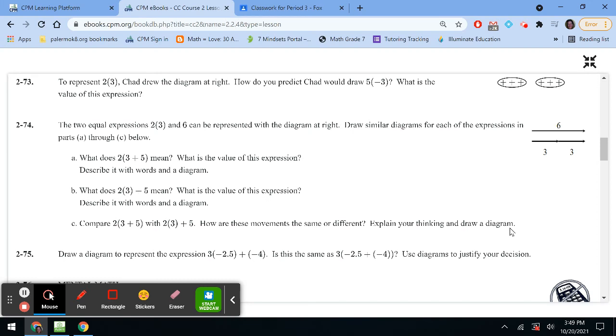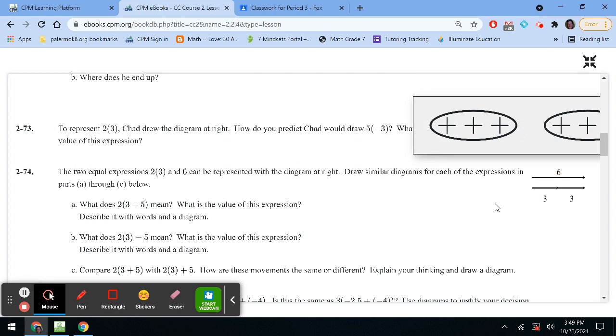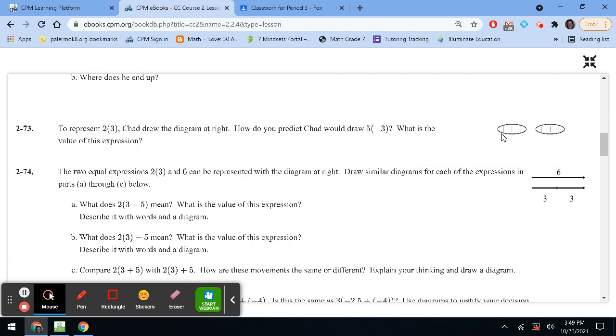All right, for 2-73, it says to represent two groups of three, Chad drew the diagram at right. And so they're talking about this diagram right here. So to represent this expression, he drew this. Well, let's just do that. So he drew